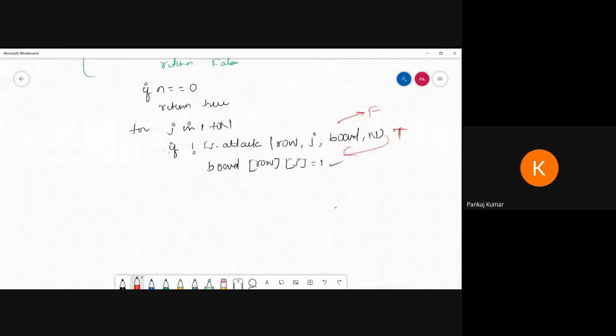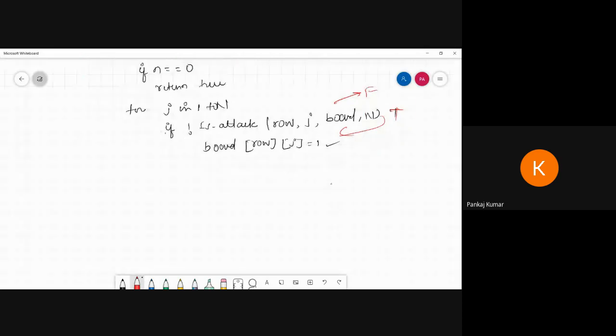So after placing the queen in the cell, we have to check whether we are able to place the next queen with the arrangement or not. If I can place the first queen, then I have to check the possibility of the next queen. Same process. So how can I follow this one?